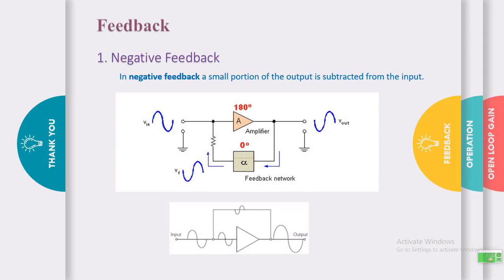Here we see the feedback circuit according to waveform. For the inverting configuration, if you give any signal, then you get a 180-degree phase shifted signal at the output. If it is negative feedback, then alpha doesn't change the output waveform shape. Remember, some portion of the output comes to the input, not the whole output. So now your input and feedback signals are in different phase. That means your input decreases.